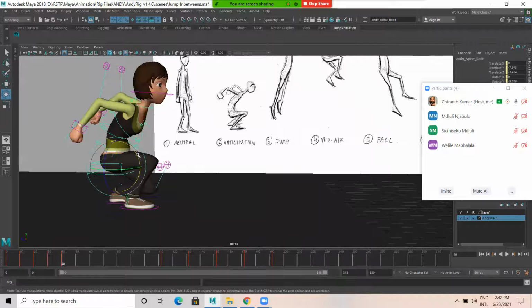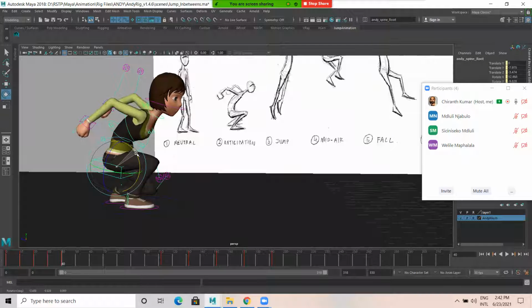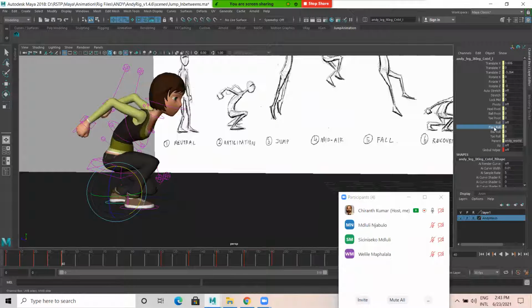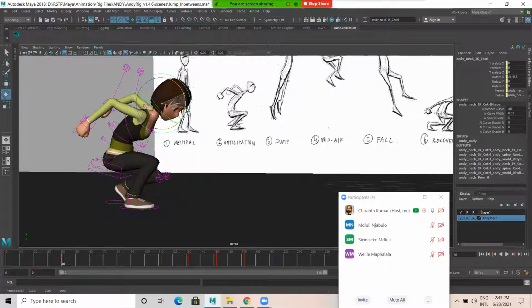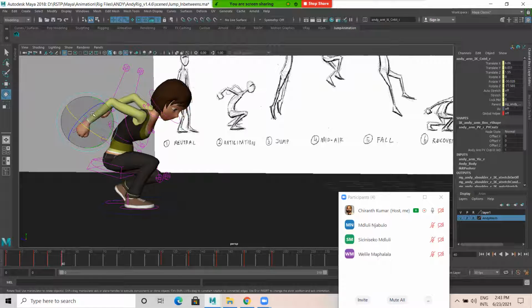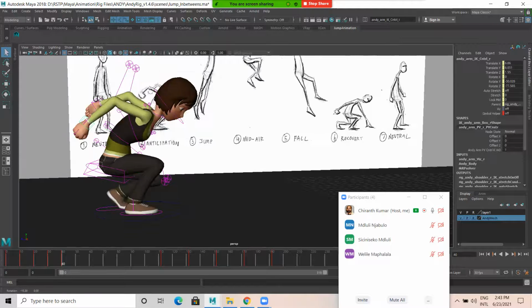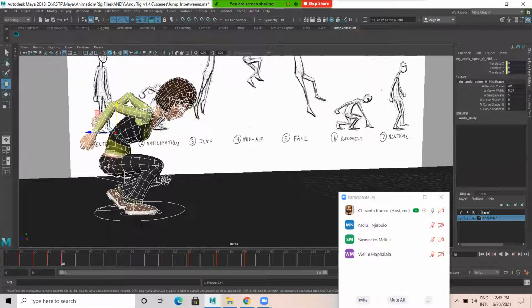Now anticipation, like jump. And here, foot roll. I'm selecting this. So I select this now, set key here.